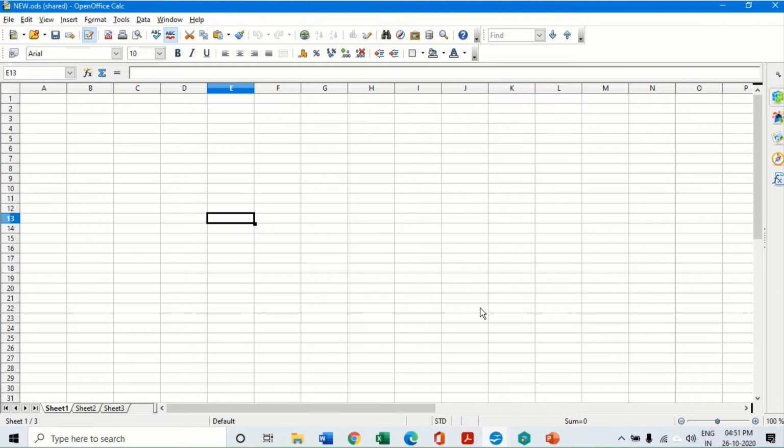Now unfortunately, I cannot show sharing of a worksheet to you practically, because as of now I am the only person. But if it was in the practical lab, we could have asked one or two people to form groups and share the same document with each other. But now I will not be able to show you multiple worksheets opening on different machines, because I'm alone here. But I hope you have understood the concept of how to share this particular Calc worksheet using the tools menu.